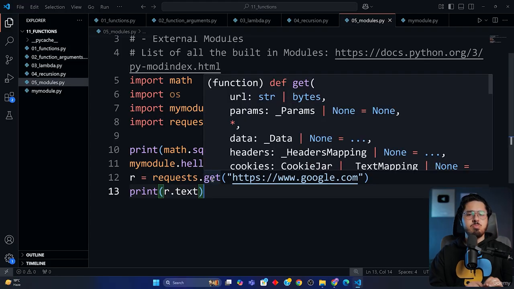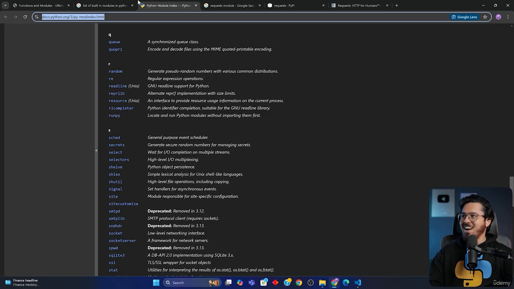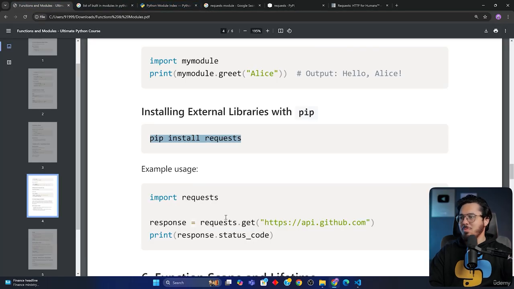And if you don't know how the requests module works, that's totally fine. There are a lot of modules that I don't know about, and I don't have to know about because I don't work with those libraries. You always look for libraries that you work with, and you always learn the functions of the libraries that you are going to be using. I hope this is helpful and you understood what modules exactly are,